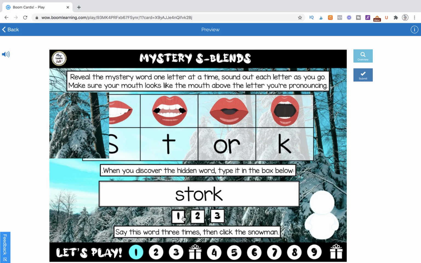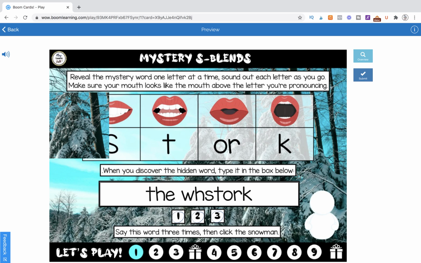Just make sure before you click the snowman, which is basically your navigation button, you want to make sure all of the directions have been fulfilled. So you have to click on each of these. And if you choose to use this big space to maybe model a phrase like the white stork, that's great for a space as a visual, but before you hit the snowman, you need to get rid of the,